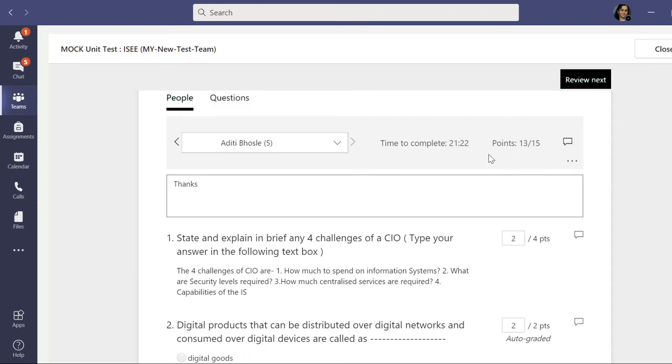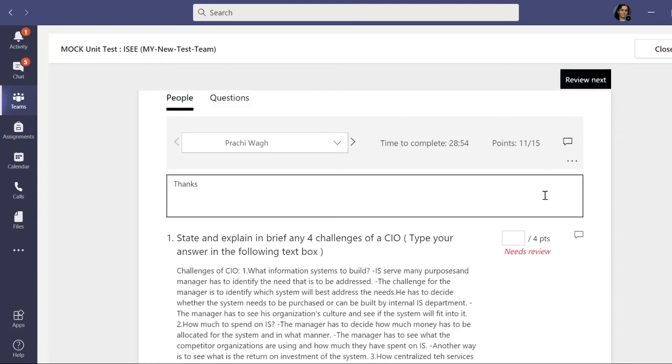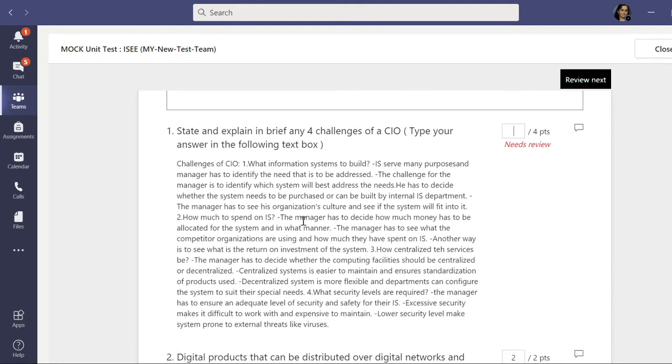clear. So like this, you can see every student's details. So review next. Next is Prachi Wagh. Time to complete is 28 minutes she needed. So the question paper was for half an hour of 15 marks. So like this, the student had typed these things.